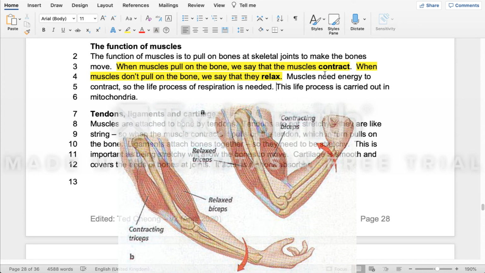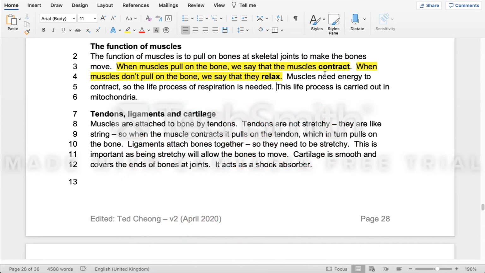All right, moving along. Muscles need energy to contract, because no life process is actually free. There has to be some sort of cost to it. So muscles need energy to contract. So the life process of respiration is needed, all right? So please underline respiration because you need to know what respiration is. This life process is carried out in the mitochondria. So this one, again, is also very important,